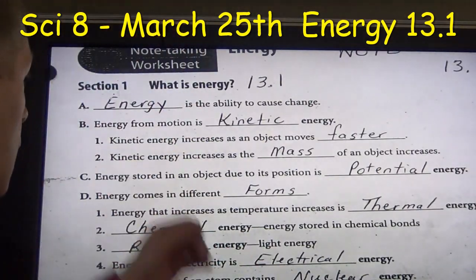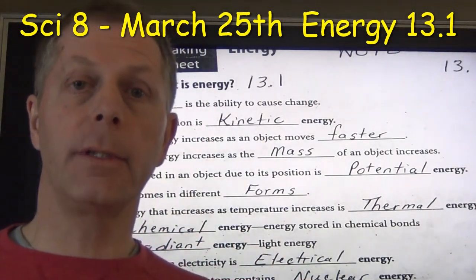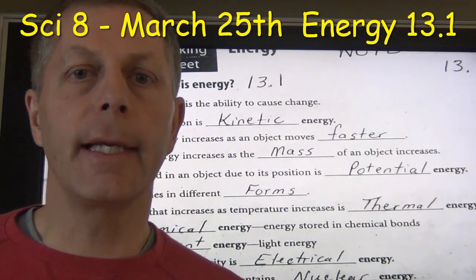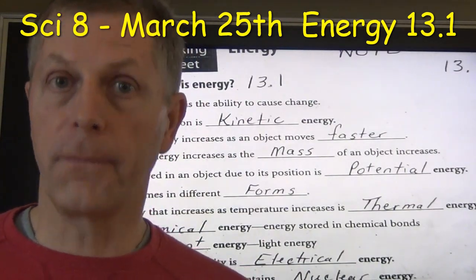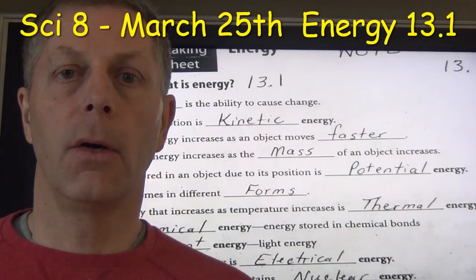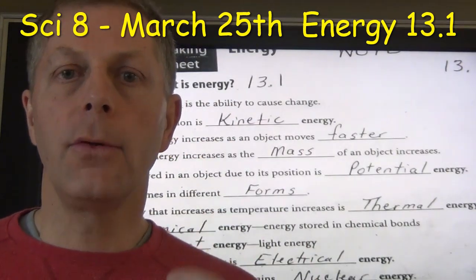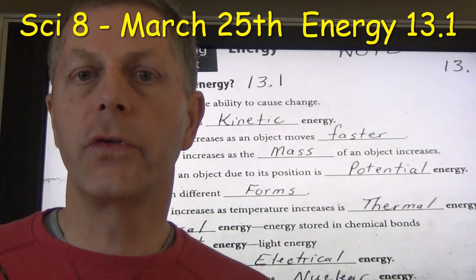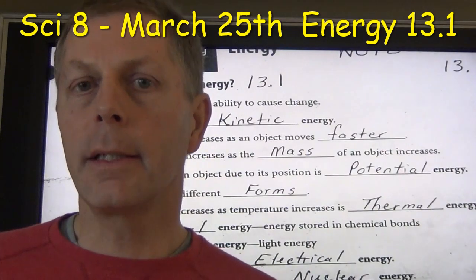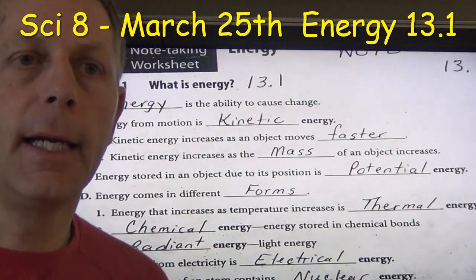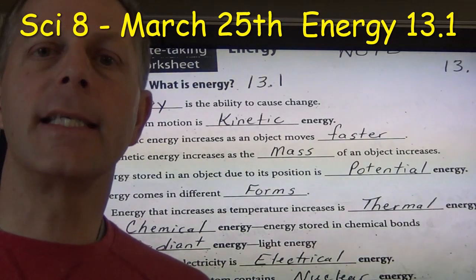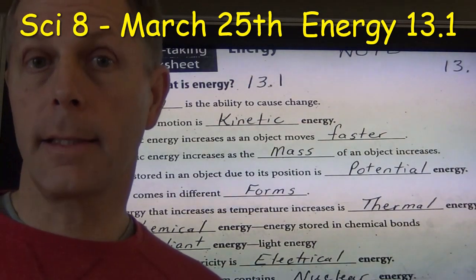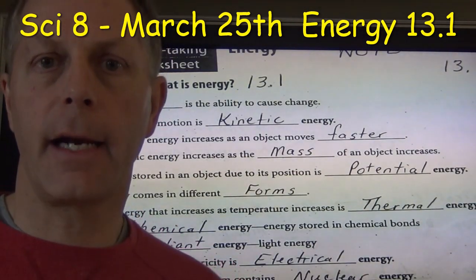Moving right along, there are two types of energy. There's kinetic energy and potential energy. Kinetic energy is the energy of motion. That's when anything is moving, it has kinetic energy. Your heart, hopefully, always has kinetic energy. When your eyes blink, when you breathe, you have kinetic energy. Potential energy is the energy of what we call position, or stored energy. But before we get to potential energy, we should talk about kinetic energy. Kinetic energy will increase as the speed of the object increases. All right, and also the more mass an object has, the greater its kinetic energy.